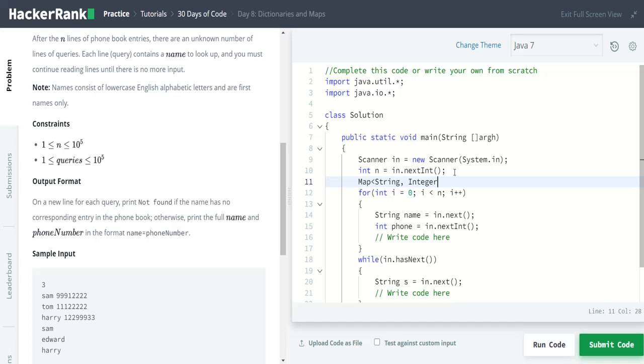That is, we are mapping string to integer, that is name and phone number. So we have to declare this and define it later. So my map equals new HashMap, followed by string comma integer.